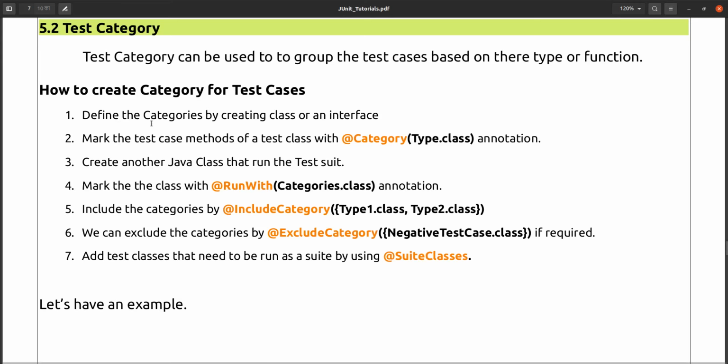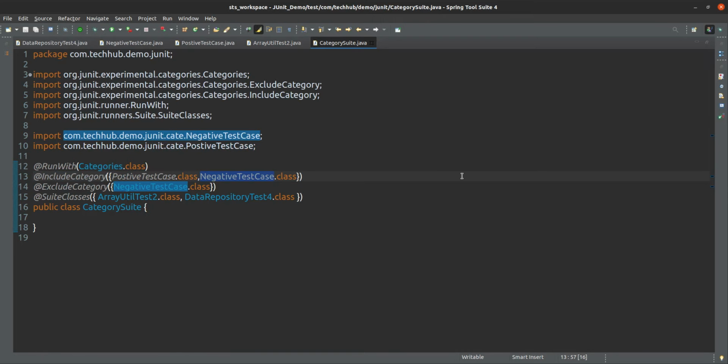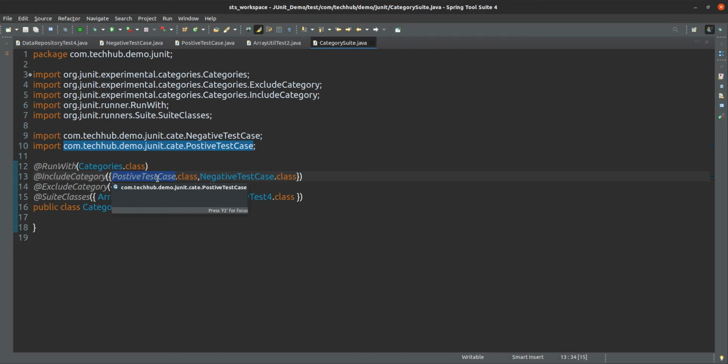And after that we are including the category. Which category are we including? Positive test case and negative test case, both we are including, but I am excluding the negative category. So it will execute only the positive, it will not execute the negative.